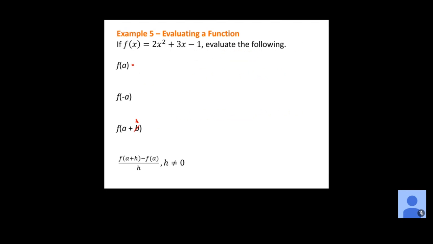Just plug in a, exactly, right? So just like we would substitute a number into our function, we're going to do the same thing here. We're just substituting a variable instead. So everywhere I see an x, I'm going to replace it with an a. So that's going to give us 2 times a squared plus 3 times a minus 1. Now, in this case, because we're substituting a variable, there are no like terms. There's nothing else I can simplify. That is my final answer. Okay, can't do anything else to simplify that. Any questions on that first one?